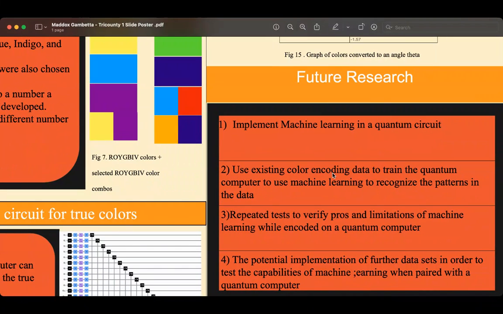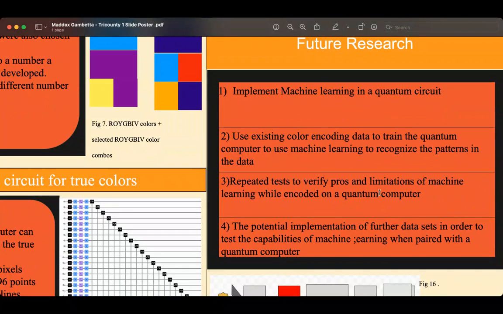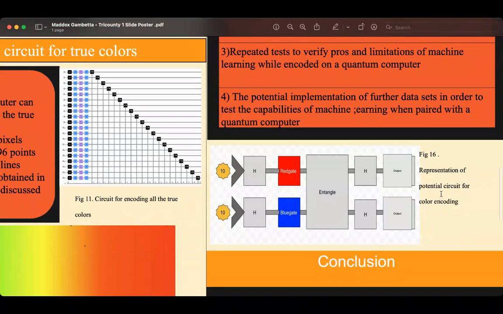For future research, I hope to implement machine learning in a quantum circuit, use existing color encoding data to train the quantum computer to use machine learning to recognize the patterns in the data, repeat the test to verify the pros and limitations of machine learning while encoded on a quantum computer, and the potential implementation of further data sets in order to test the capabilities of machine learning when paired with a quantum computer. This here is a representation of the potential circuit for color encoding